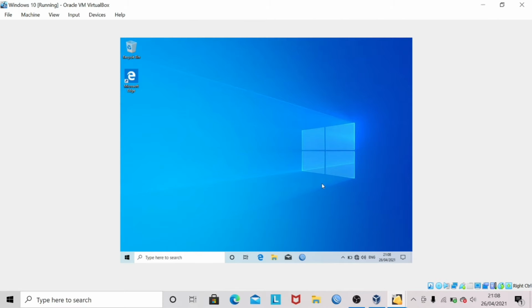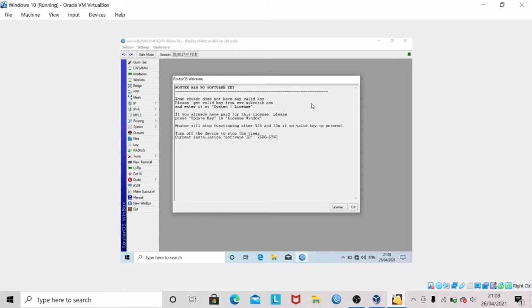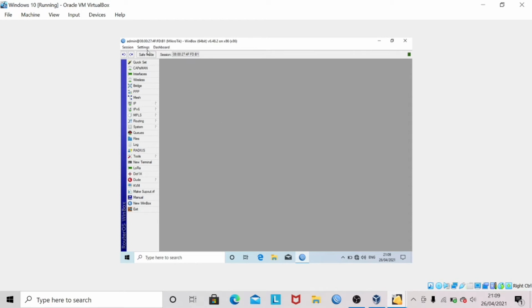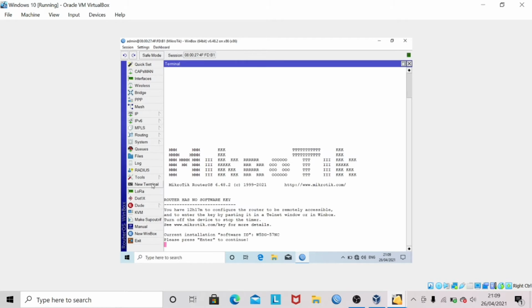After that, open the Winbox application and login with MAC address. Click connect. Click new terminal.